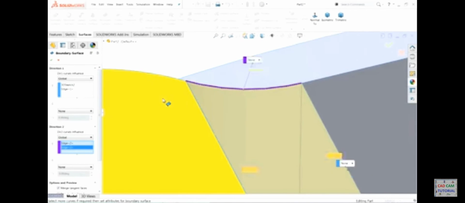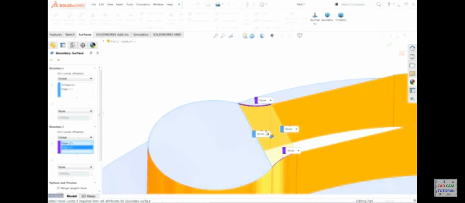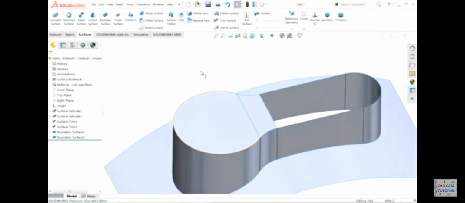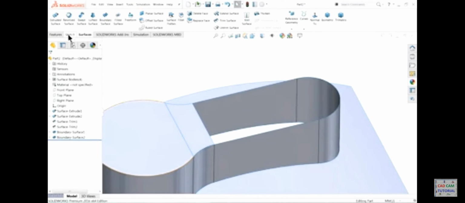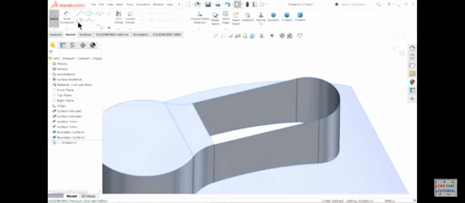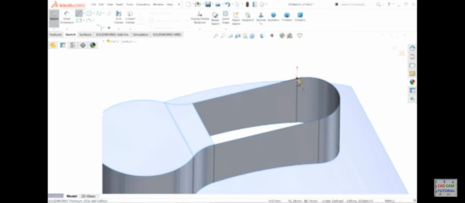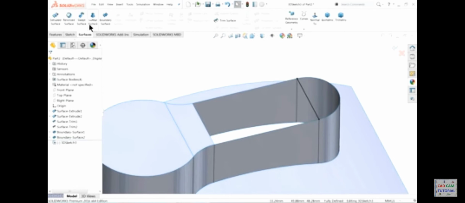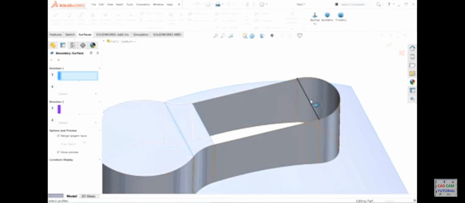So this is called the boundary tool. This boundary we selected here. Now you can see the clear picture. Okay, that's it. Now the last one, let's try 3D sketch, line, and I'll connect this point to this point. Exit, boundary surface, this line,